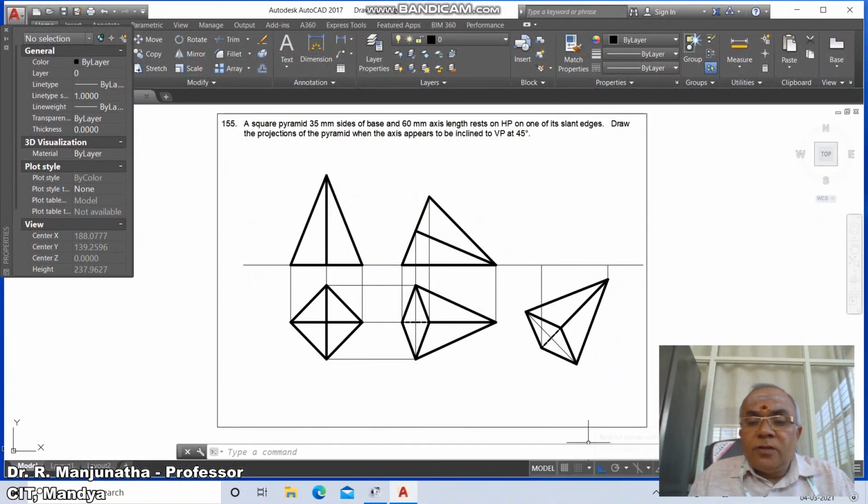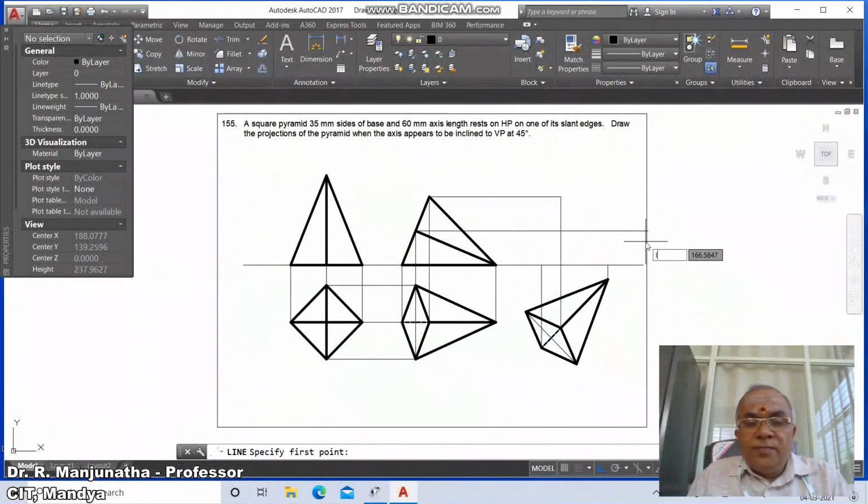Once you get this, switch on the ortho mode, then go to line, take int of this and then line int of this and draw perpendicular to this. Then go to fillet between these two, then go to line, int of this and draw horizontal line and take